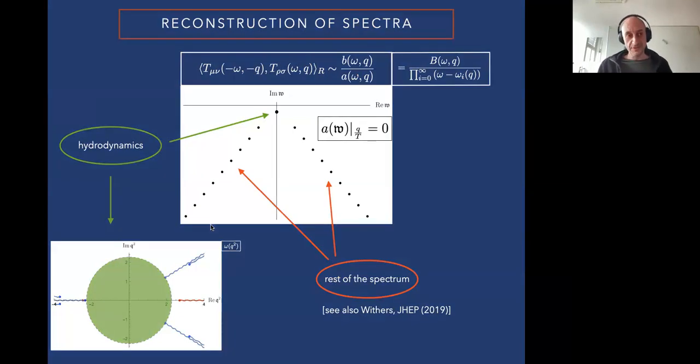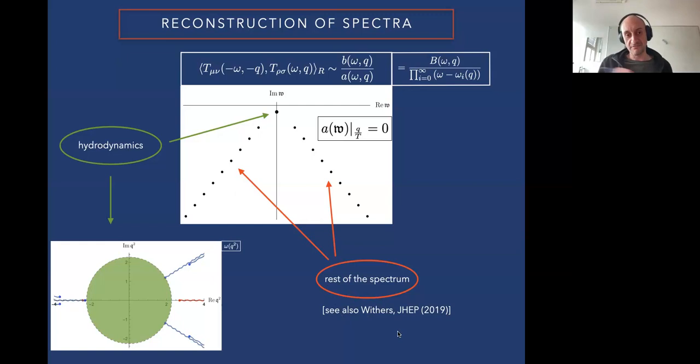All right. So there's a question. If I know everything about this hydrodynamic mode, i.e., I know what it's doing in this disk of convergence in this green region, is this enough for me to figure out what the dispersion relations are of every single mode in the rest of the spectrum? All right. So this is